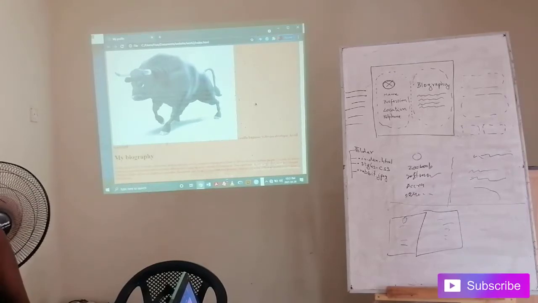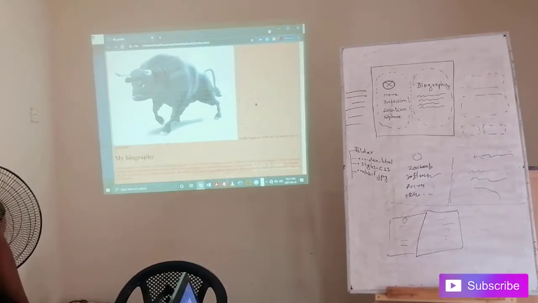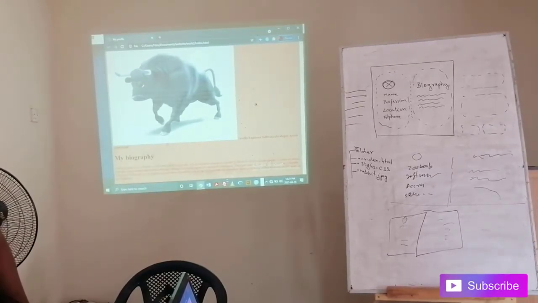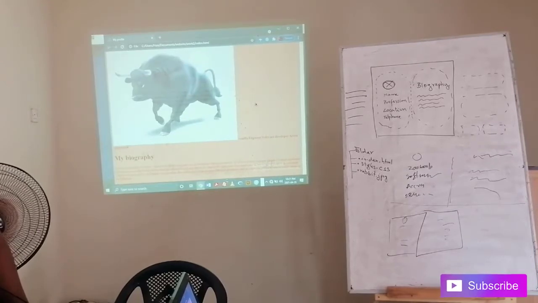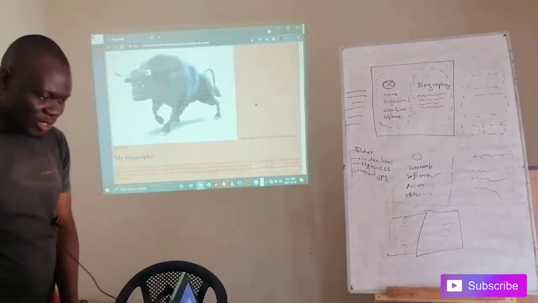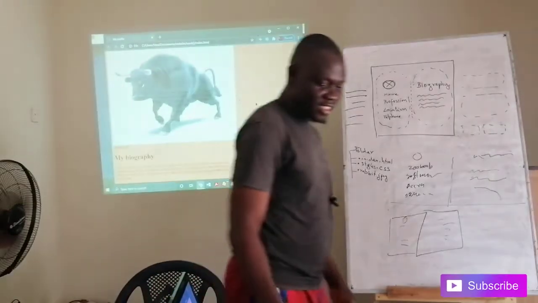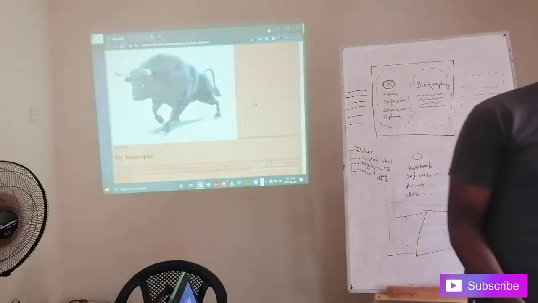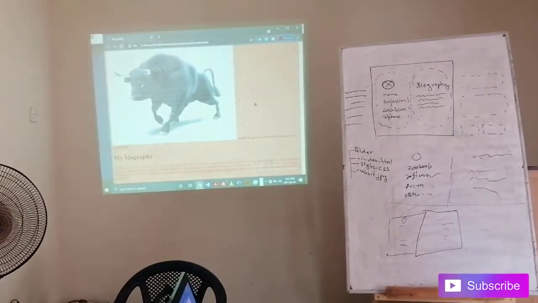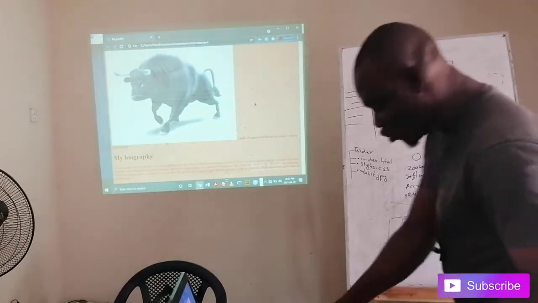So when an image is not showing like this, probably it is not in the folder, or it is not in the same folder as the file, or the name is not well written, or the extension, something is missing. So usually these are the challenges related to images, right? So now what I want us to do is,